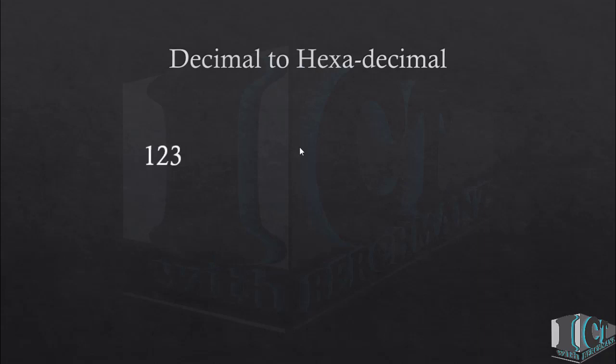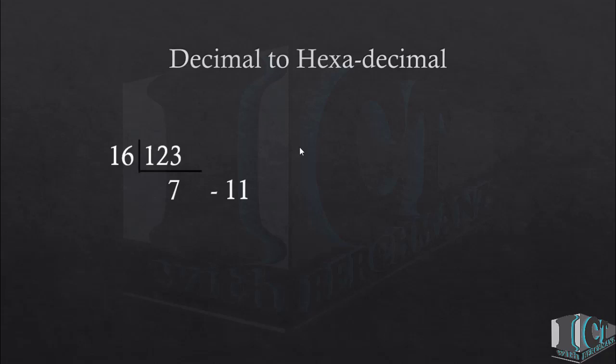The same 123, now this time we are going to divide it by 16. When I divide 123 by 16, I am getting the value 7. 7 into 16 would be 112, and I am left with 11 as the remainder. So 7 is less than 16. I cannot divide it further. I am stopping the division from here, and I have to write this down as the answer.